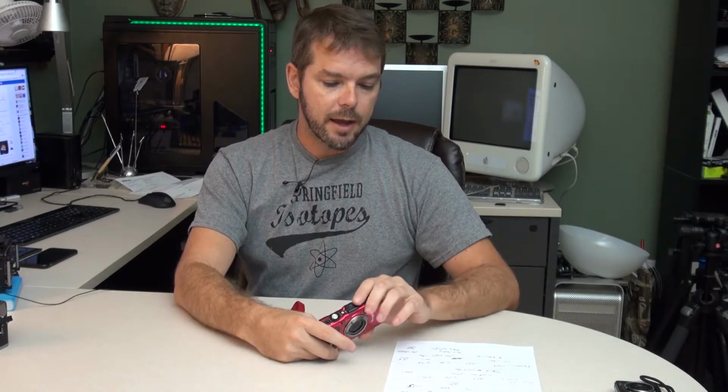Yeah, so beyond that, it takes pretty shitty pictures. This also says it goes to ISO 64. I really wouldn't go above 800 for this one because it takes some pretty shitty pictures. Anyway, let's move on to my Fujifilm